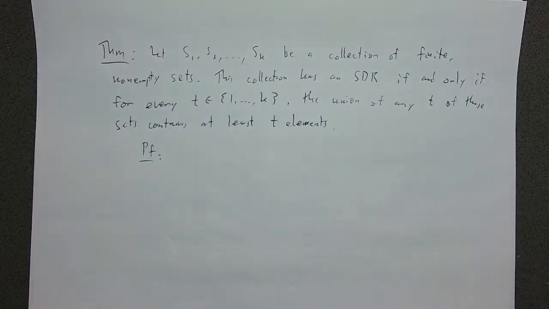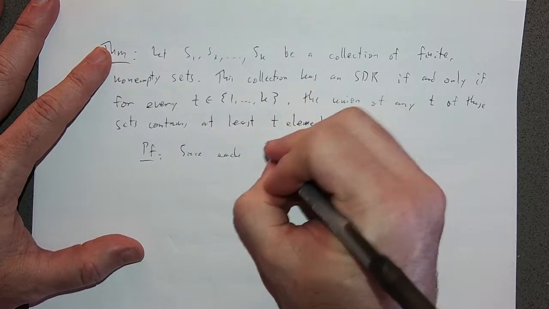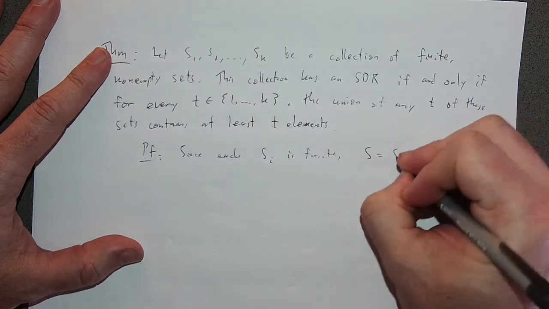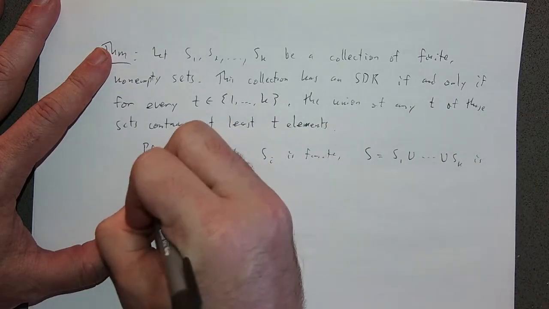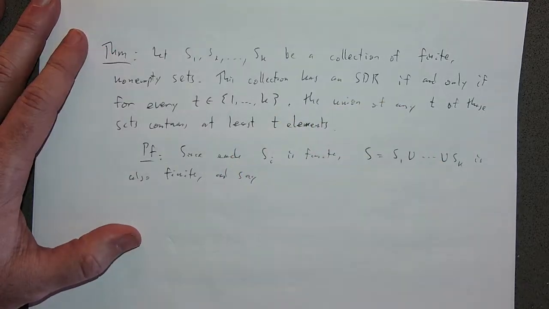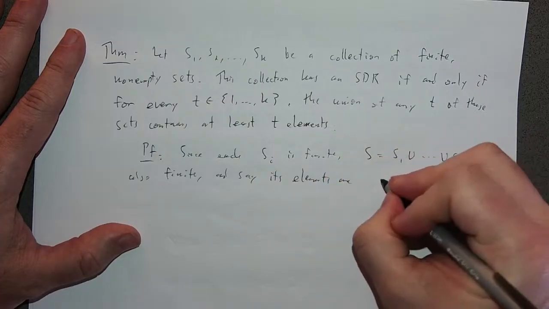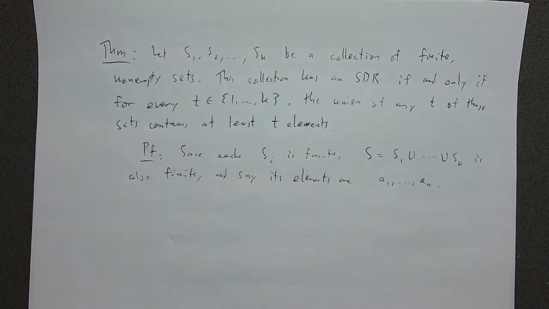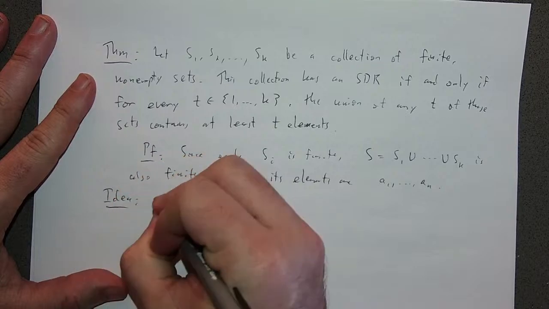Okay, since each S sub i is finite, the finite union S, which is just the union of the S sub i's, is also finite. And say that its elements are denoted A1 to AN. So we've just counted the elements up to N. Now, the idea is we construct